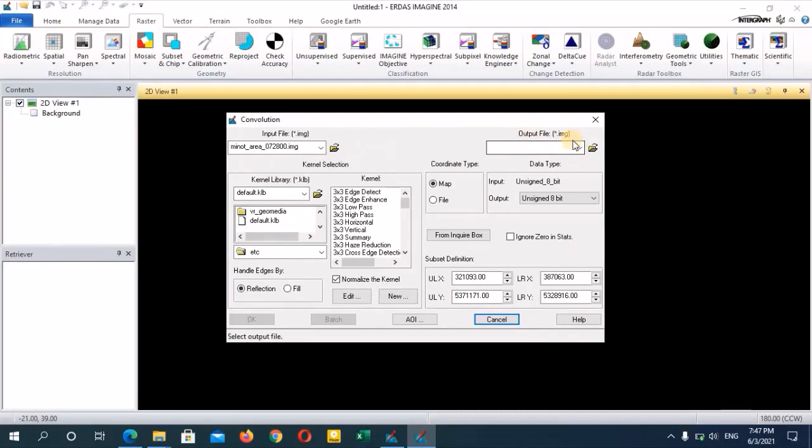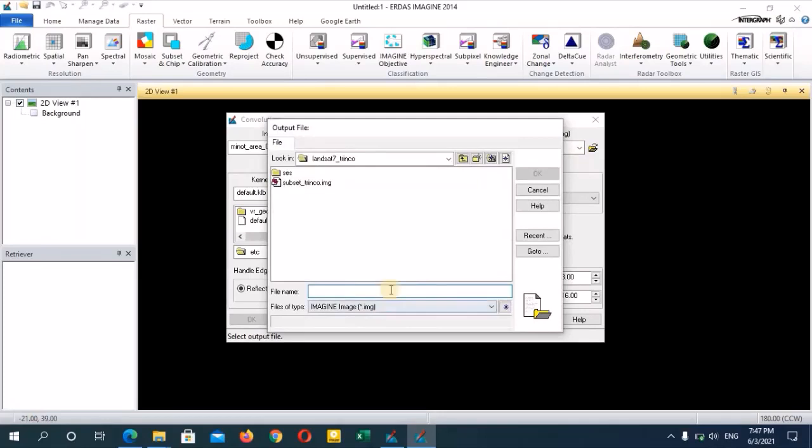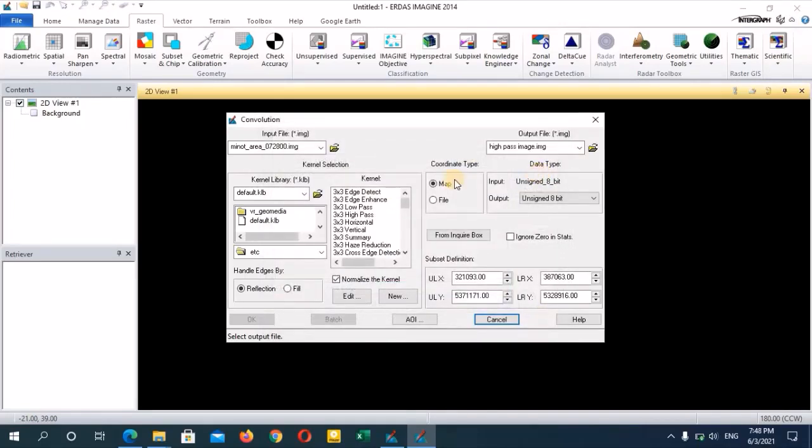and then you have to rename the output file. First move to your exercise folder, and then rename the output file as high pass image. Then click on OK, and here under the kernel selection, go to the kernel library by clicking on this folder, and